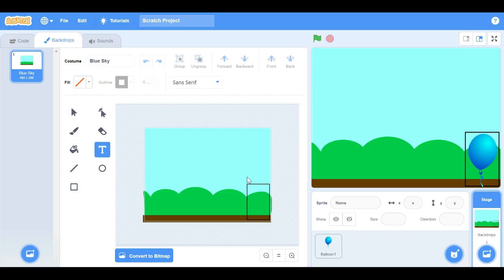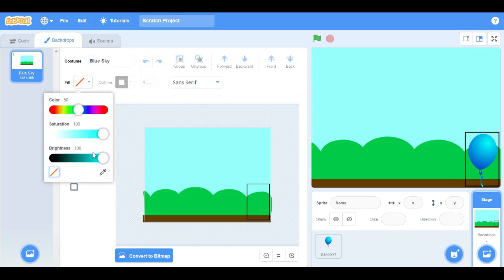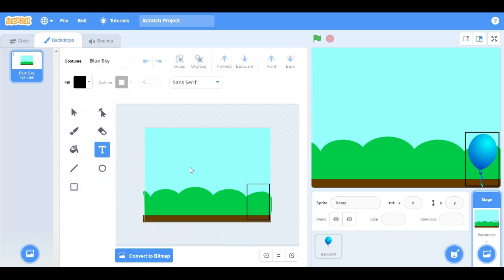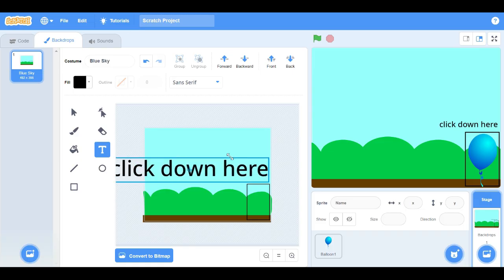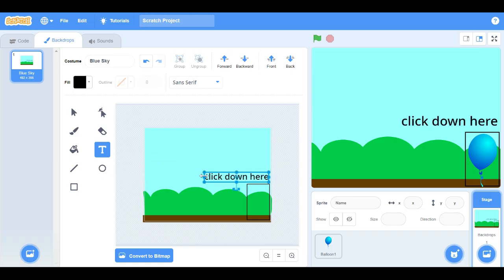Now type here. Change the color because the type won't be seen if the color isn't changed, and write. Click down here like this. And now put this text in your perfect position as you want. I'll put it like this. Perfect. Now go to the balloon 1